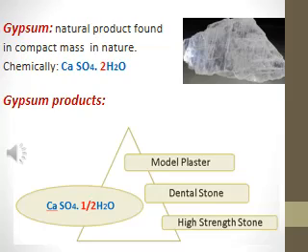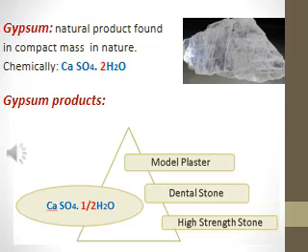Obtaining gypsum. Gypsum is found in nature in compact mass. It is chemically calcium sulfate dihydrate, calcium sulfate combined with 2 molecules of water. Okay. By obtaining this compact mass of gypsum and crushing it, then we can treat or manufacture the gypsum products by